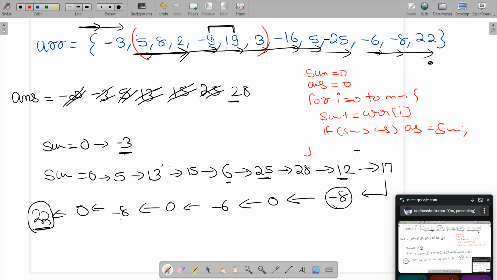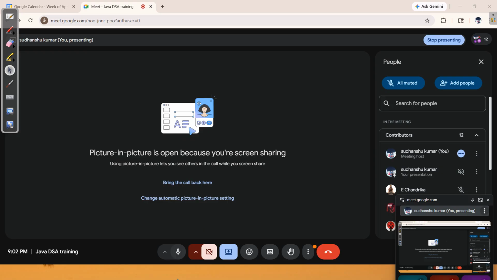And every time I will also check one more thing, that if my sum becomes net negative, please reset my sum back to 0. Just these 3 lines. Do you understand this, every one of you? Yes, sir. Okay, let's quickly code it and see if it is up to the mark or not.